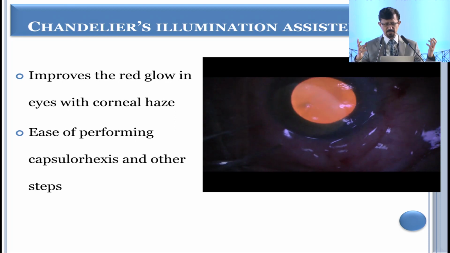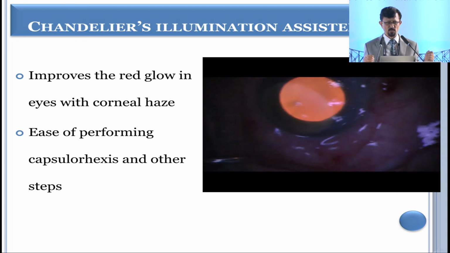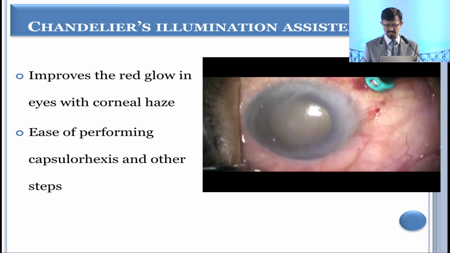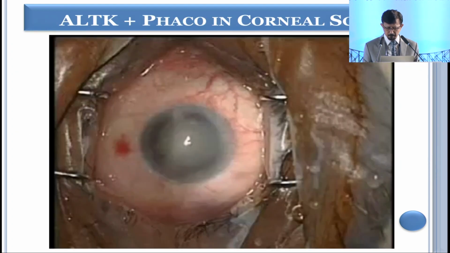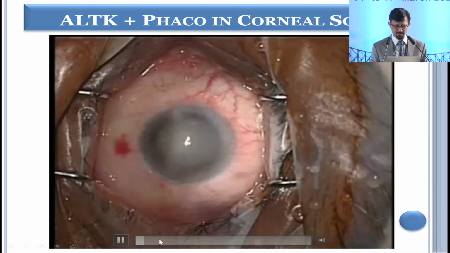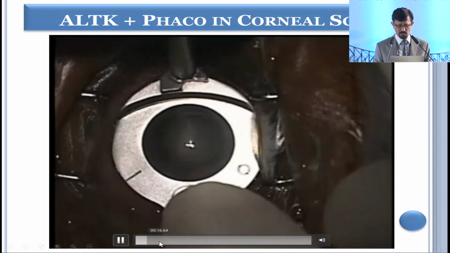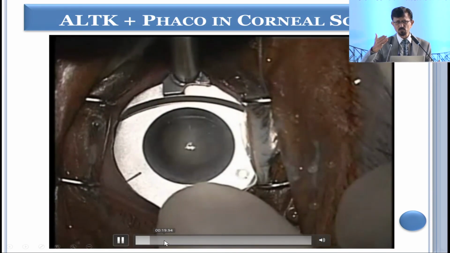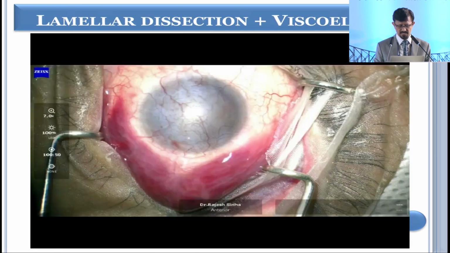You put chandelier illumination, you can get a red glow. Go ahead, do a rhexis, do nucleus chopping, etc., and complete the procedure. If you have a very bad opacity, in such a case, you can combine anterior lamellar keratoplasty along with the nucleus management. As you remove the superficial haze, you can see,